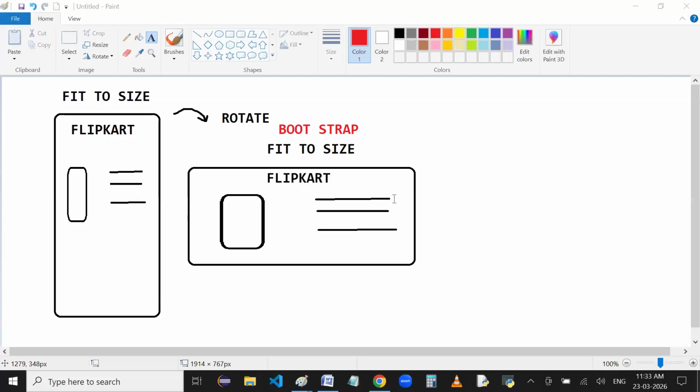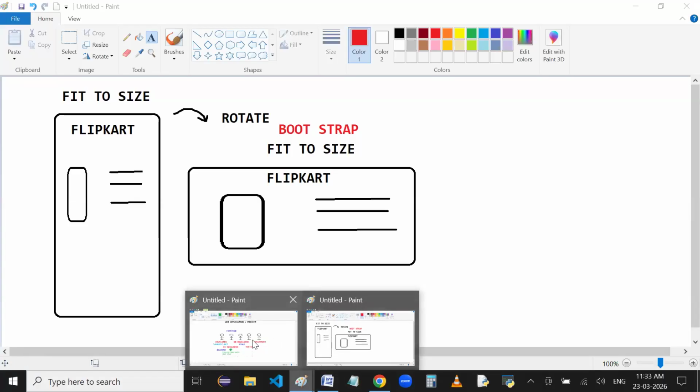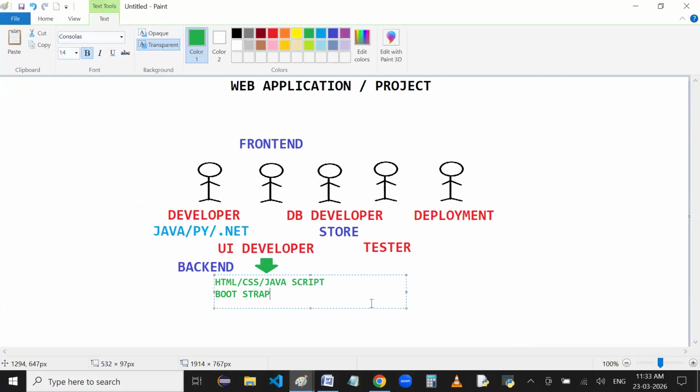No problem. Right, this is the Bootstrap work. Now, why we need Bootstrap, I have given the clarity. And one more thing also, as a UI developer, you have to learn. Sir, what is the other thing I have to learn, sir? That is nothing but